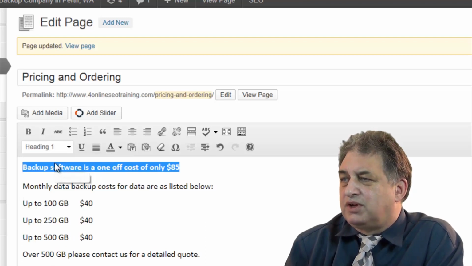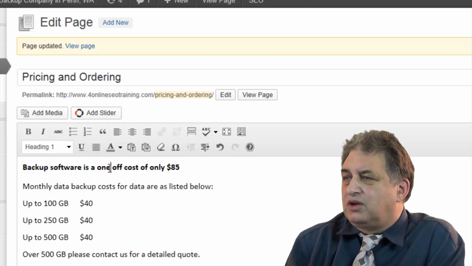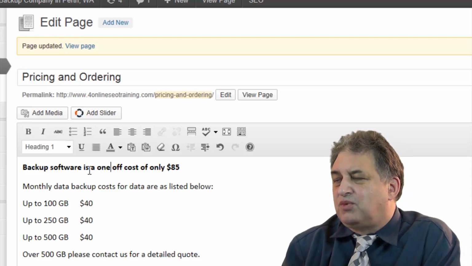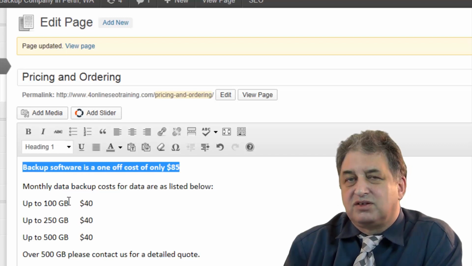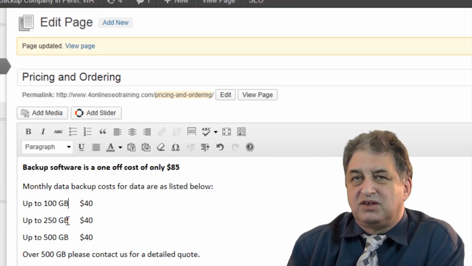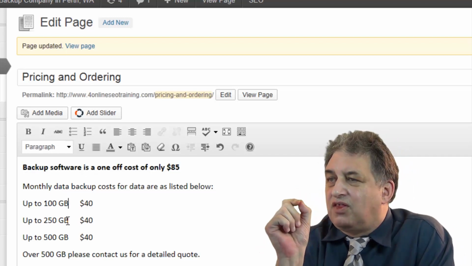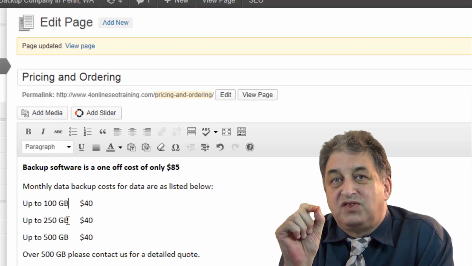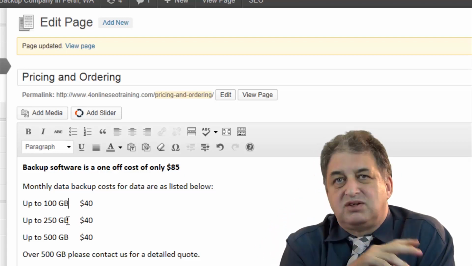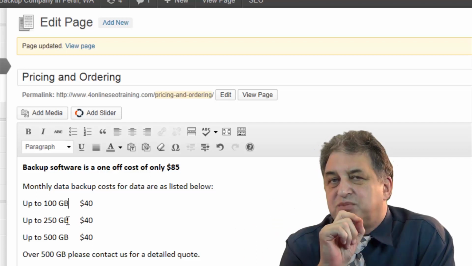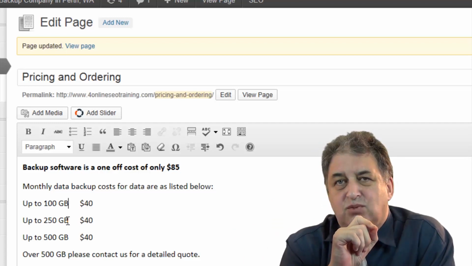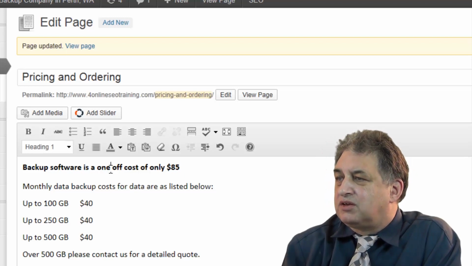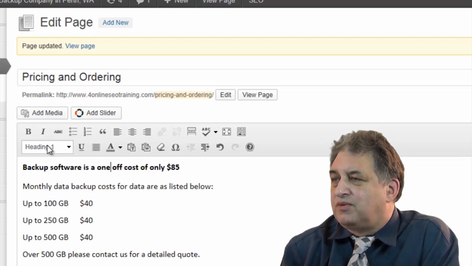I'll select heading 1 here, and not a lot seems to have changed, but basically what you've done is you've said to Google, this text here is marked as a heading 1. So it's a way of basically drawing Google's attention, saying this phrase here, this is important. So there might be loads and loads of other text, but the point is, because you've taken the trouble to highlight this particular line as a header 1, and if I click within it, you can see it is marked up there as a header 1.